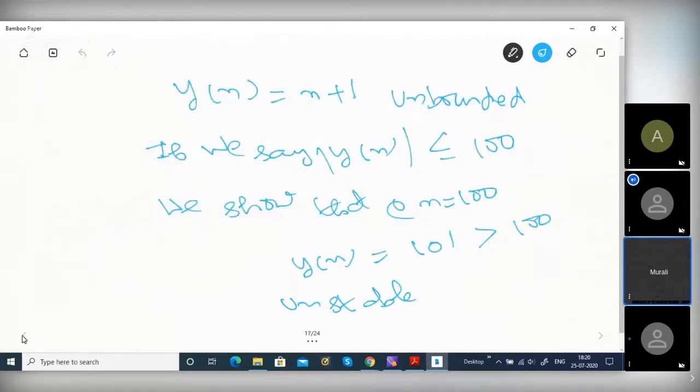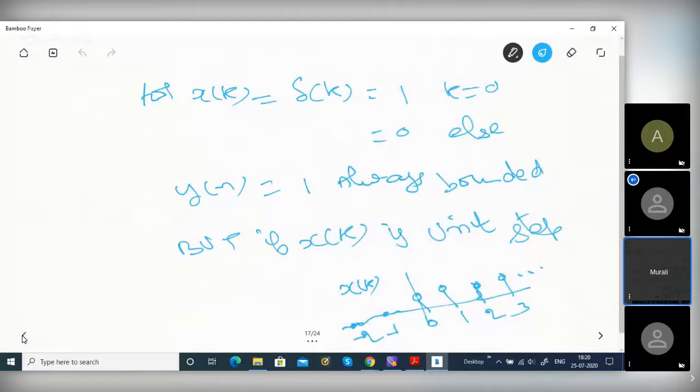So it means that the unit step function can be bounded or unbounded depending upon the conditions? No, the unit step function is bounded, definitely. But the response to the unit step is unbounded. If the system is an accumulator, then it is unstable. The unit step function is bounded, but the response to the unit step is unbounded.